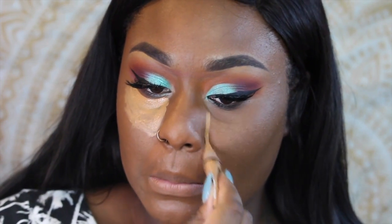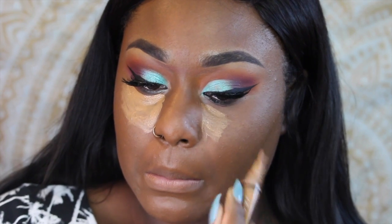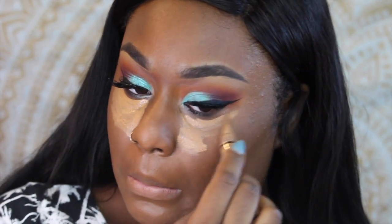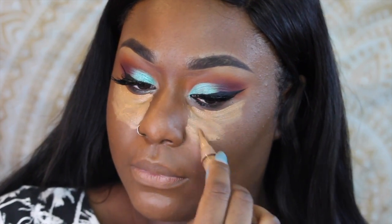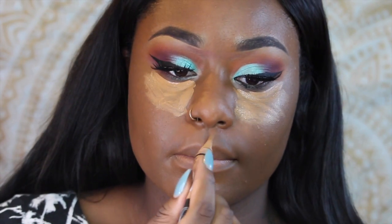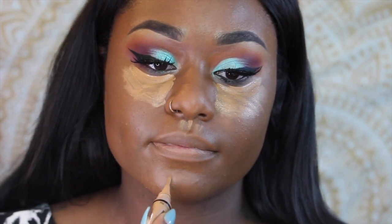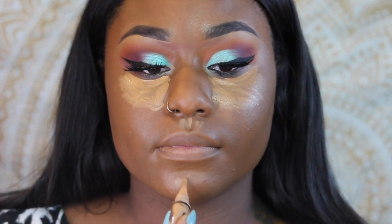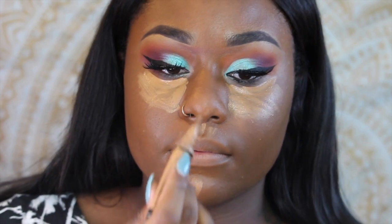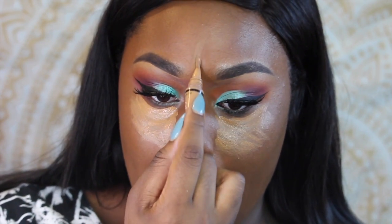For the most part, I cut most of my face out because I just want to talk about the illuminator and the foundation. But guys, I've been loving a bright under eye concealer. That's why I've been using this color so much because I don't know, it's giving me Leah J vibes. I think that's where I got it from. Her under eye concealer is always so bright, so I kind of wanted to take that, and yeah, I'm loving it. So I do move on to my under eye, and I do rush through that,